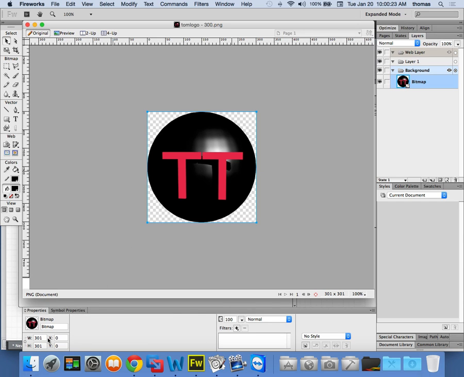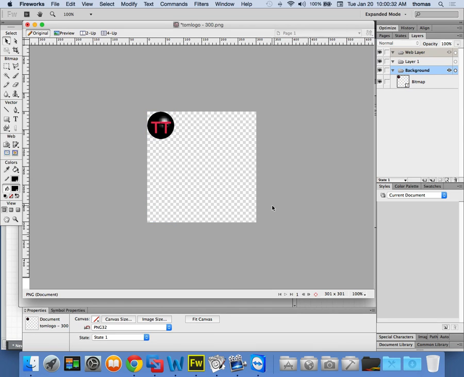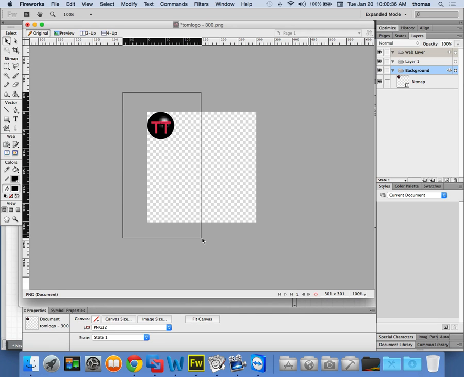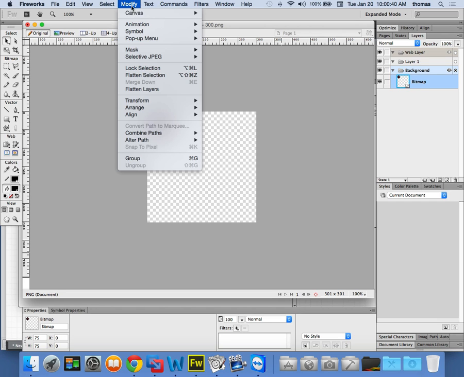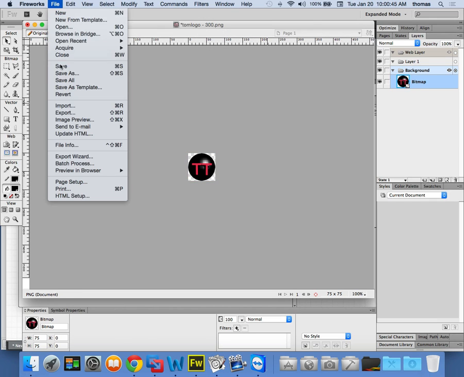Sorry for that break of sanity. Go back to 75 by 75. So this is what my logo would look like on the small screen at 100%. And because I think it's got to be a little smaller, I'll do modify canvas, trim canvas, and I'll save this thing as